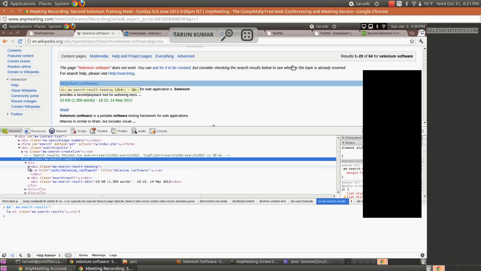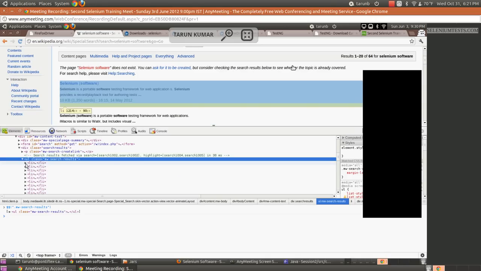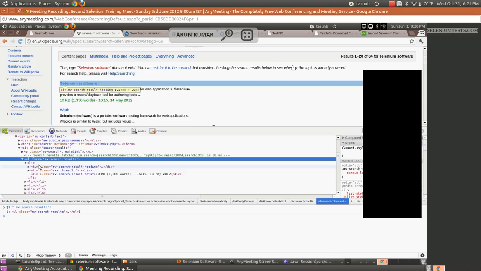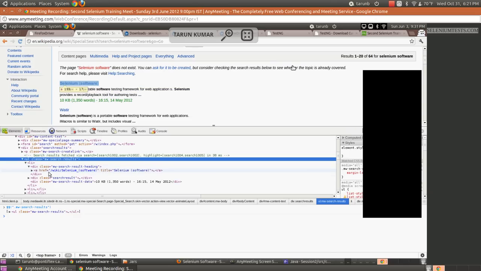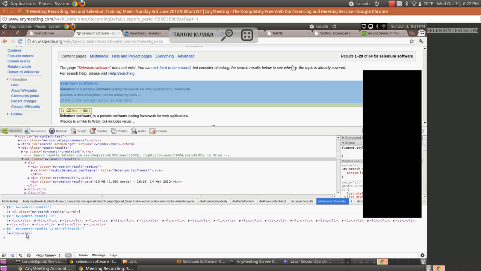If you see here, there are lots of li, that is every search element is one li element. Within li we have div, and the first div is actually the one which contains the element. So let us bring control on li now. If I just say li like this, all li come in. Then we want to bring control on only the first li. You remember we just spoke about nth-of-type, right? So I'm using nth-of-type 1. See, only the first li comes in here, isn't it?